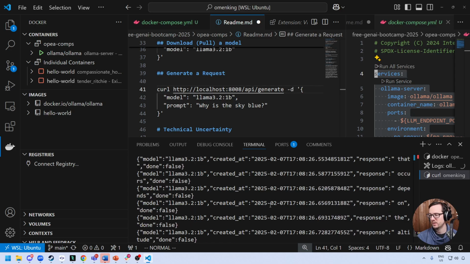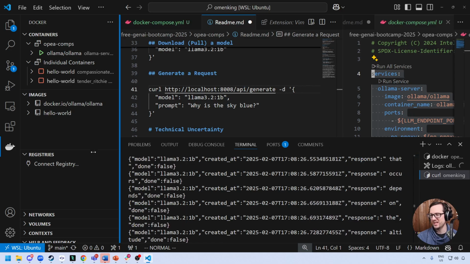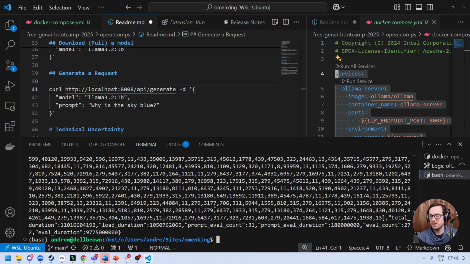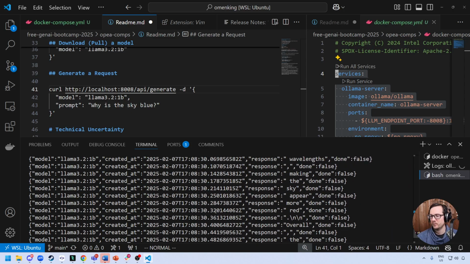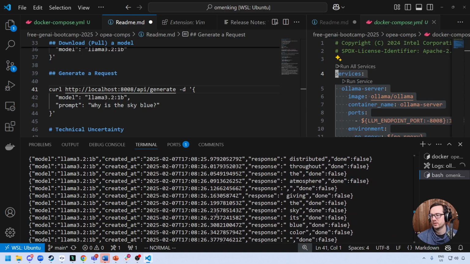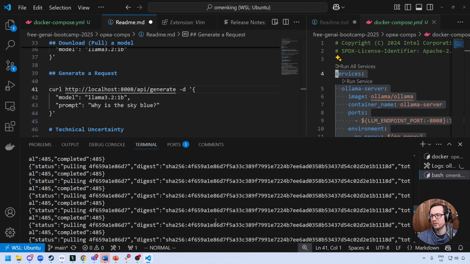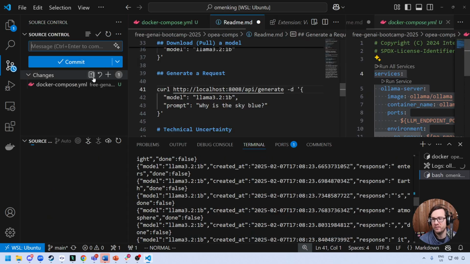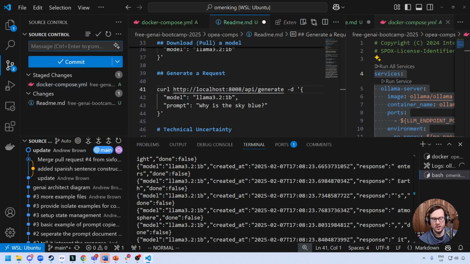And is it working? It's a little bit messy what it's doing. It is working. It's streaming each part. Okay. So this does work, right? It's not the prettiest thing ever, but it does work. But I guess this kind of makes sense, because if you're using the CLI, it's just going to hit the API like this and come back like this mess. So if we want it to be more comprehensible, we need an intermediate program or something else. So I'm going to consider this part working, and we're going to say OPA